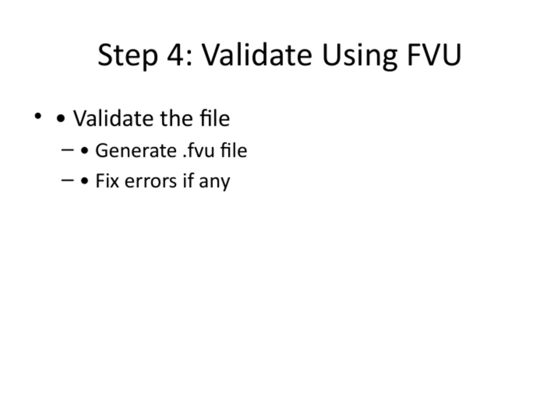Now, let's walk through step 4. Validate using FVU. The first thing we need to do is validate the file to ensure everything is correct before submission. This step helps us catch any issues early on. Once the file passes validation, we generate the FVU file, which is essentially a confirmation that the data is in